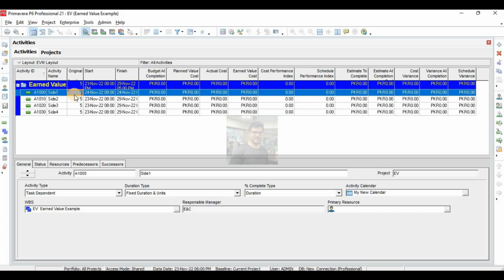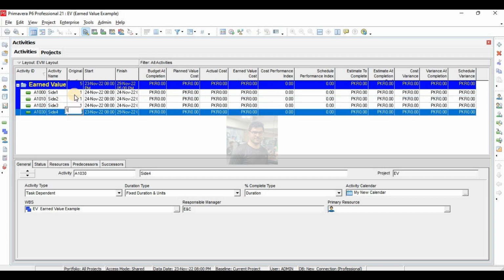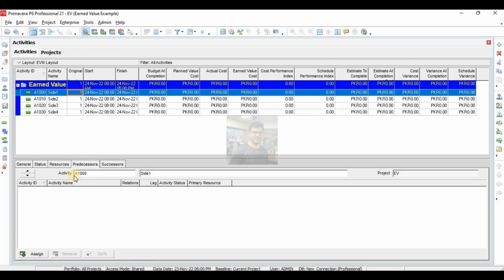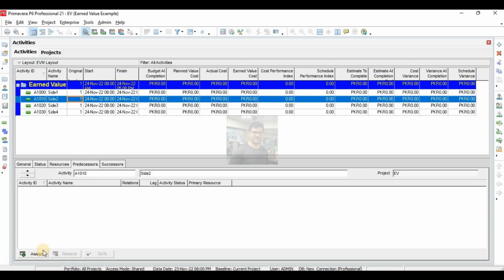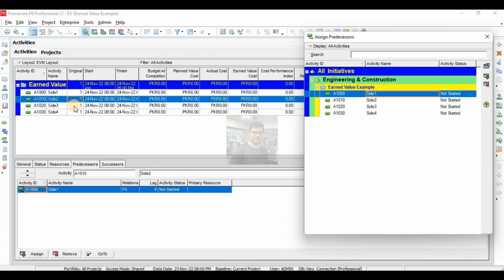All are having 1 day duration, and all sides are finish to start. All sides have finish-to-start relationships. So I will assign predecessors.